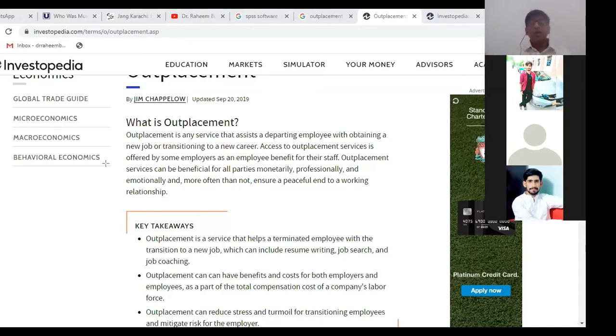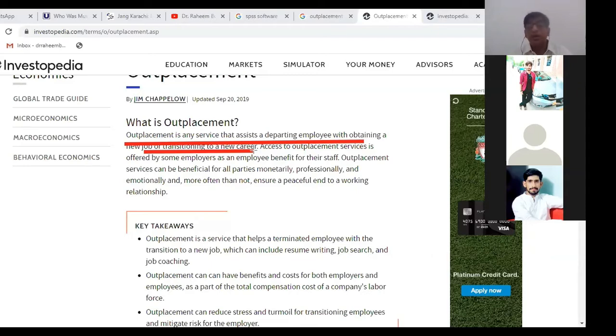So if there is any term which you are unable to find out somewhere, probably you may find the same word over here, like the one word, outplacement. Sometimes we do not know what outplacement is. Outplacement is any service that assists departing employees, those employees who are leaving your organization, with obtaining a new job or starting a new career. So here the service you can provide to your departing employees is how they can get a new job in some other organization,